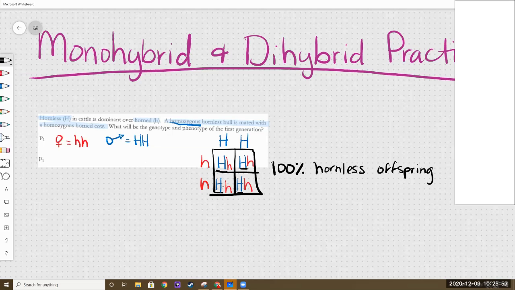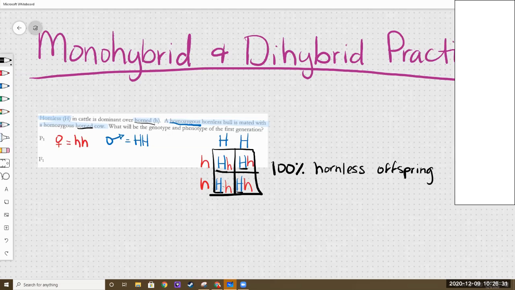Little h is not for the hornless, it's for the horned. The mom, which is the cow, is horned, which means that's little h. So in order for it to be 100% hornless, at least one in each box has to be capital? Exactly. If we combined a homozygous hornless bull with a homozygous hornless cow, all of